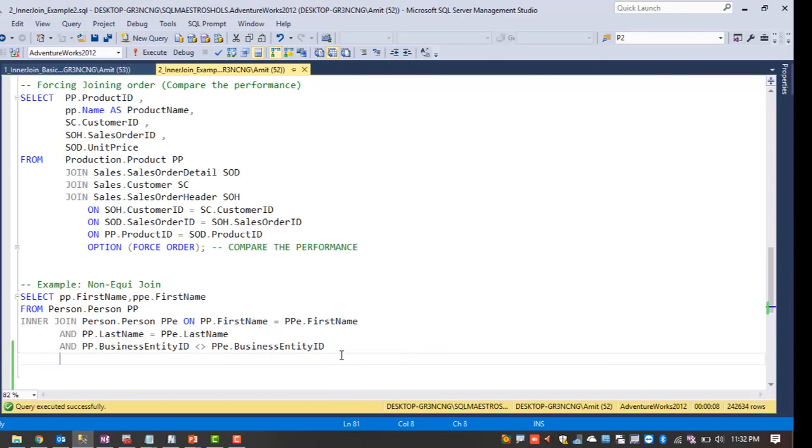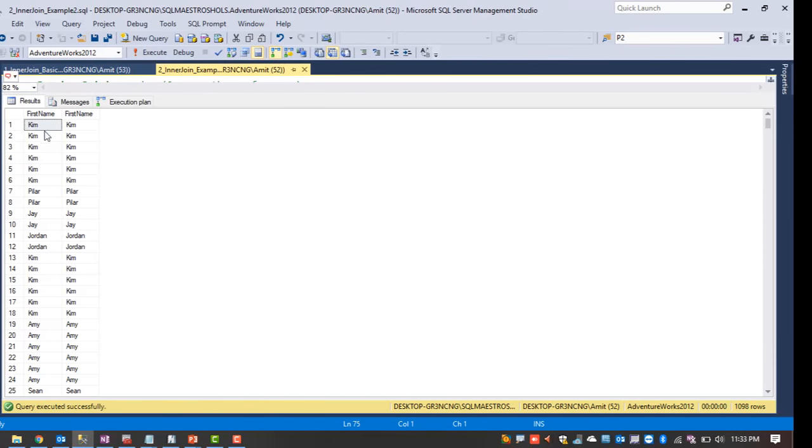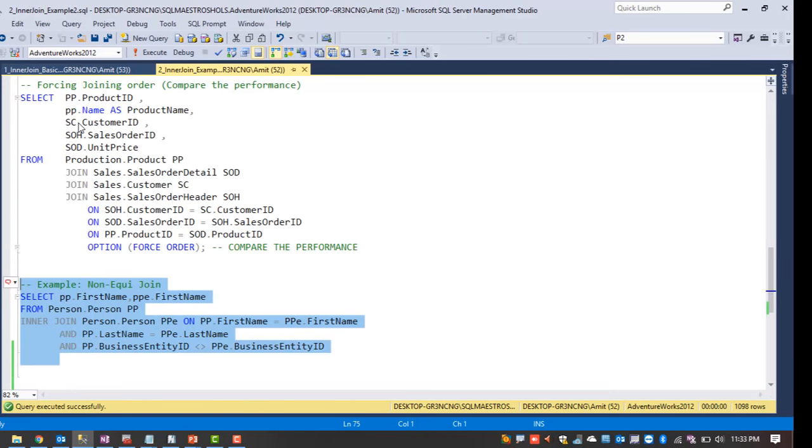So here we are joining the person.person table with the same person.person table, and what we are doing is fetching all the first names which are the same, where business entity IDs are not equal. If you execute this particular query, these are the names where first names are equal, but business entity IDs are different. So this is all about inner joins.